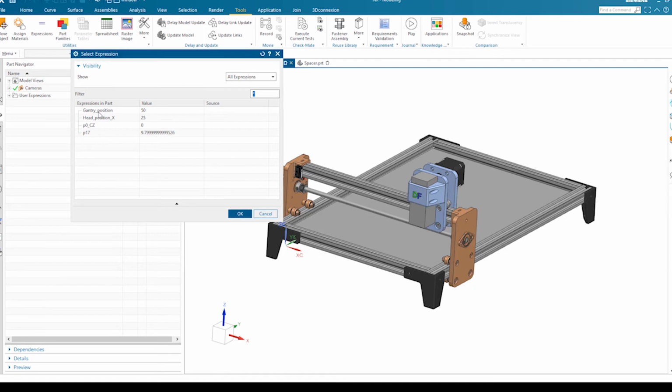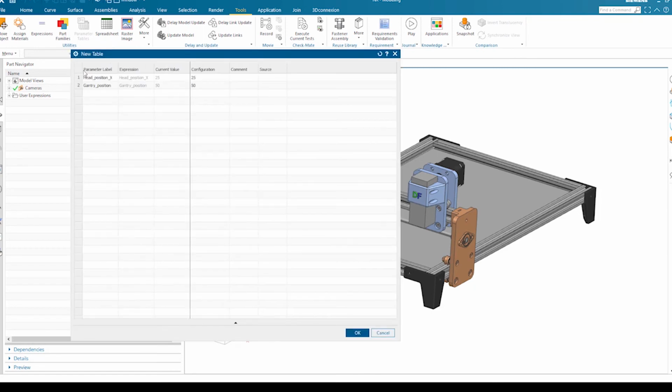We have a gantry position and head position in x direction. You can select single or multiple expressions at the same time and click OK, and that will add them to your new table dialog box.